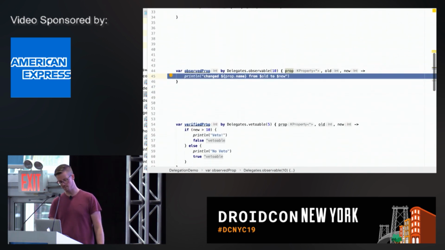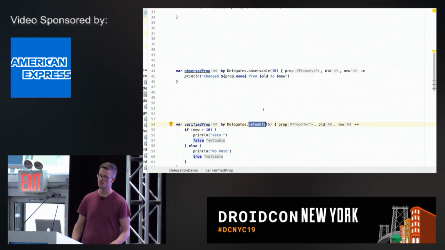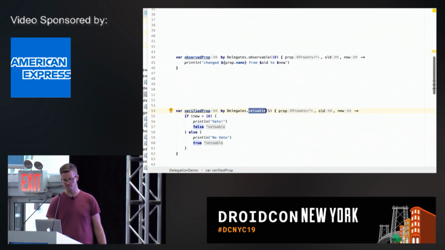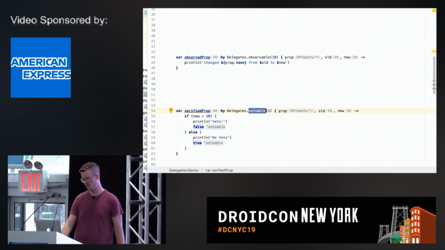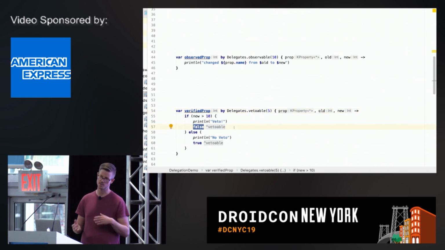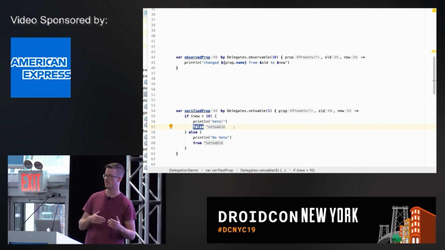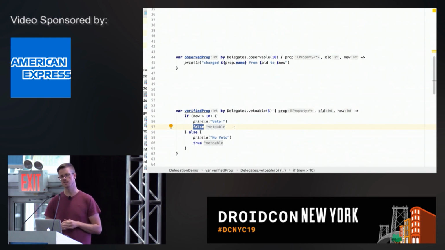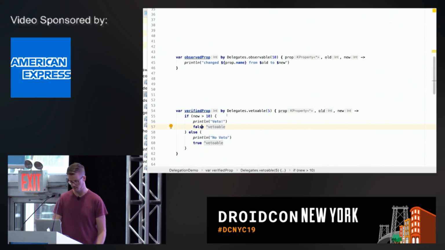And then we have a verifiable property, which is similar to the observable. It's called vetoable. So if you delegate to vetoable, you also have the chance to intercept the process of reassigning this variable. But the thing is, you can now return false or true. If you return false, this assignment will not take place. So you can basically have a verification of the newly assigned value. And if you return false, the new value will not be assigned, and the old value will be